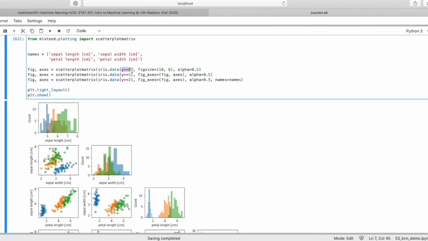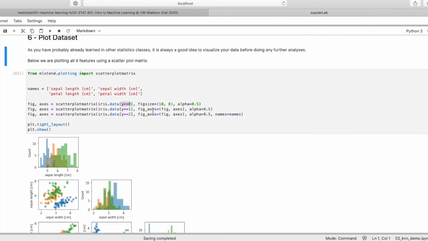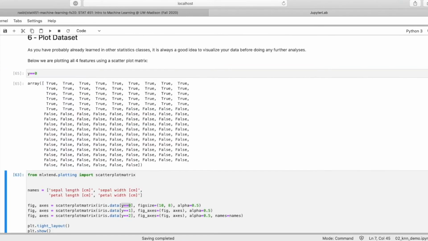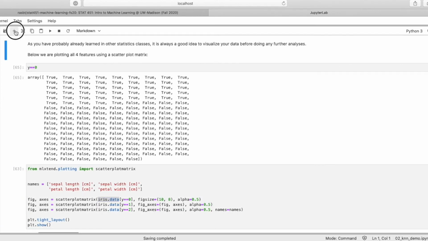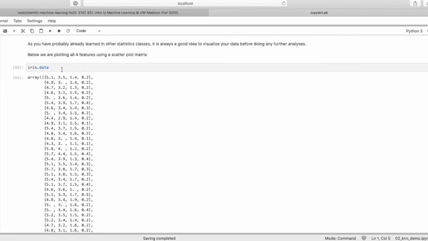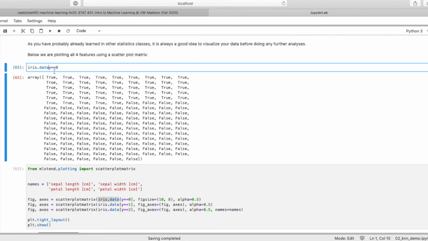Again, I will explain that more later in the next lecture when we talk about NumPy, but this is called fancy indexing. It will create a mask, a Boolean mask, and it has true and false values. Then, for example, if I have this array here and I apply my Boolean mask, it will only give me the values for which in the mask I have a true value, right?